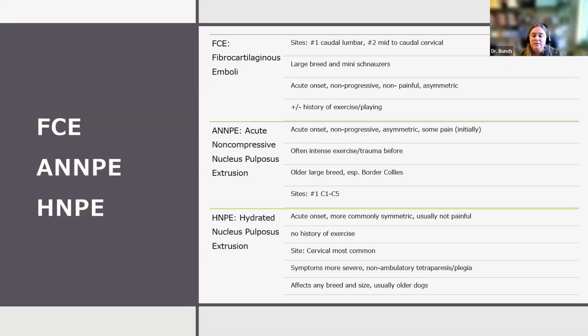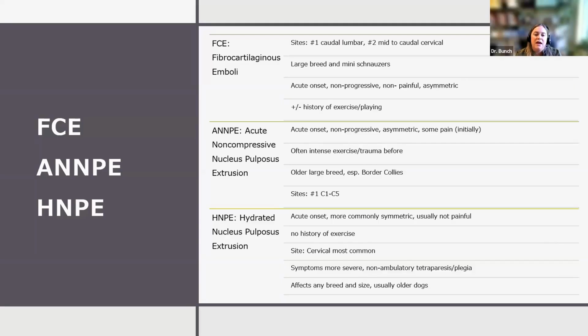They're non-progressive, asymmetric in many cases, and you may have pain initially, but that usually resolves. And this I have older large breed, especially border collies. And it's interesting, we recently had one in the hospital here that was a mastiff, a puppy. And this is the second ANNPE I've seen in a young Mastiff under a year of age. So I think maybe the literature's changing with that, but historically, this is what is